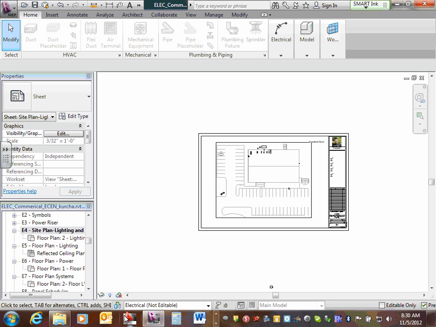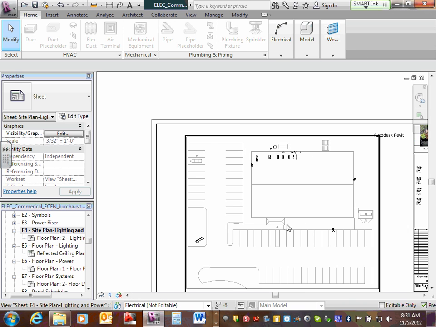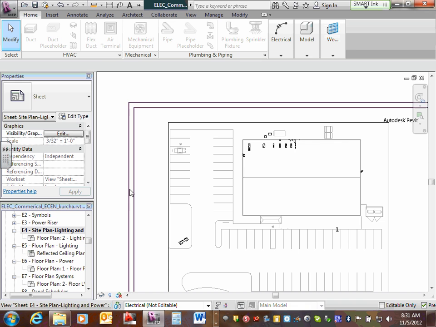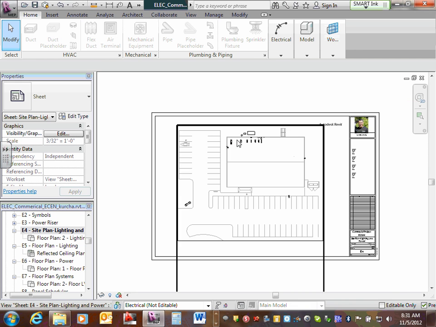If you want to use the other view, guys, feel free to use any other view as long as you adjust it. But I want to show you something here that I would like you to do though. In any view that you want to use, it doesn't matter which view, as long as it's adjusted. Okay, here's what I would like you guys to do. If you come over here, so here's my lighting fixture. When you drop it here,